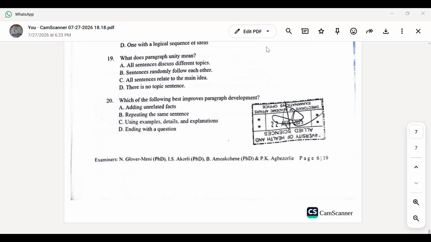Doc, we cannot access the portal, please. Doc, we've not seen the grades, our results. If you have not seen, that's why I say no problem. Please, Doc, this is Masafi, what I want to say is that,